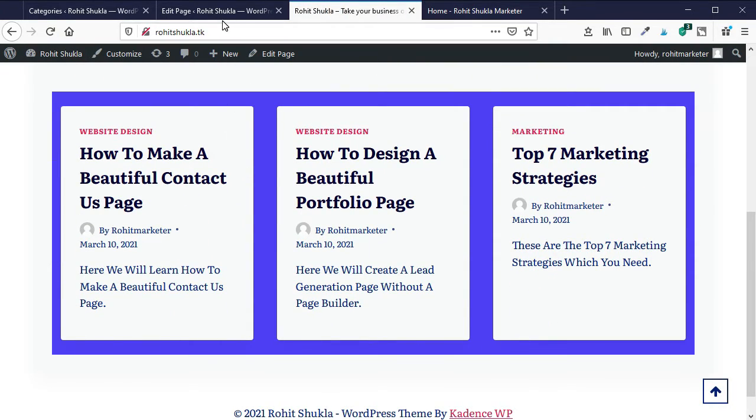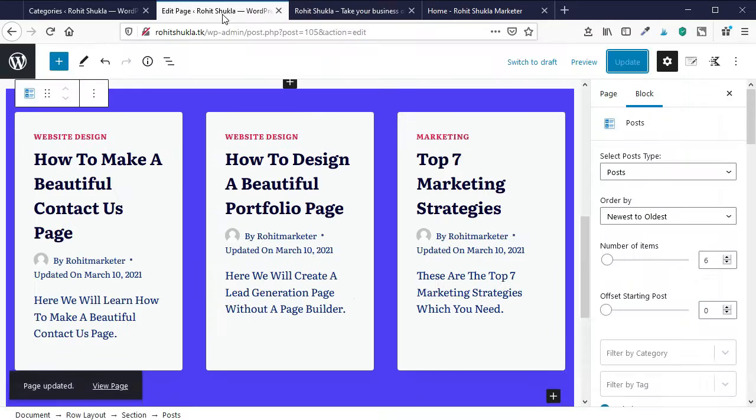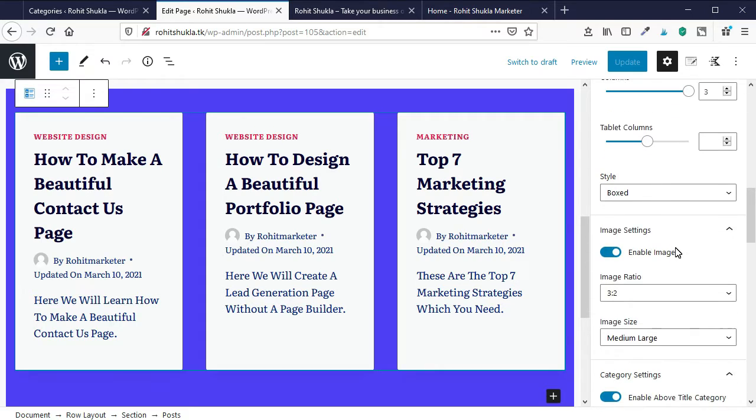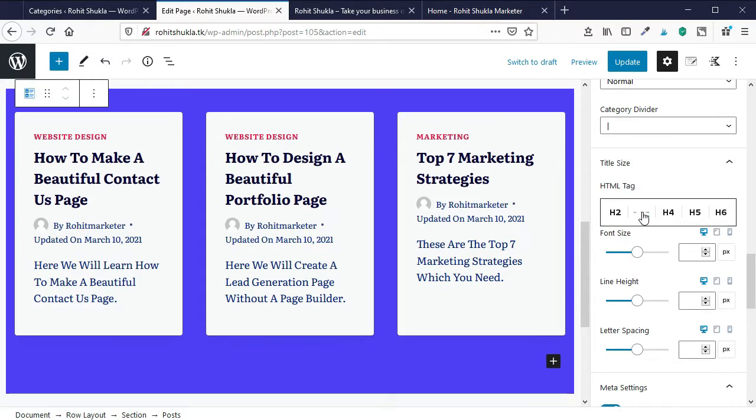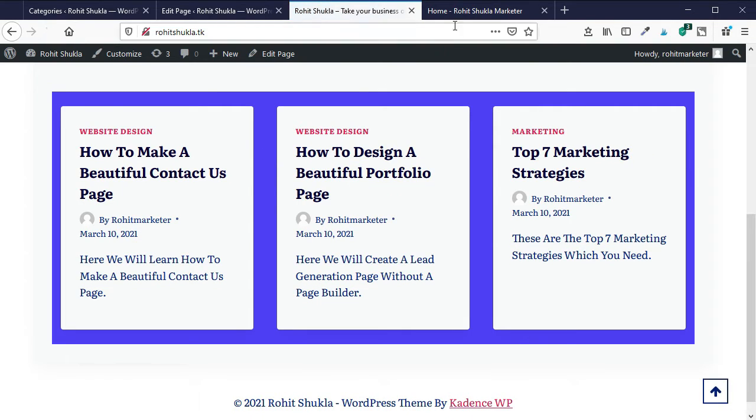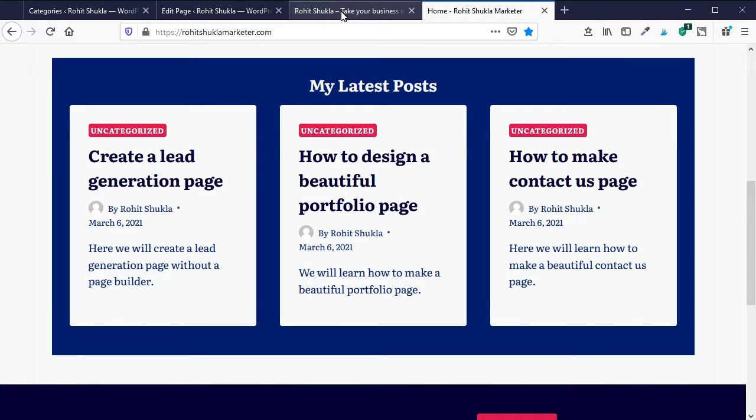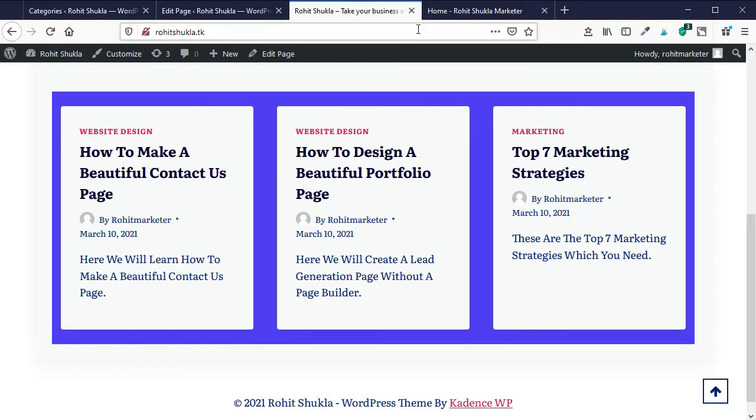It is looking good. We have to adjust it a little bit according to the design I created earlier. So we can also change the heading, which was very big earlier. Now it is looking good.